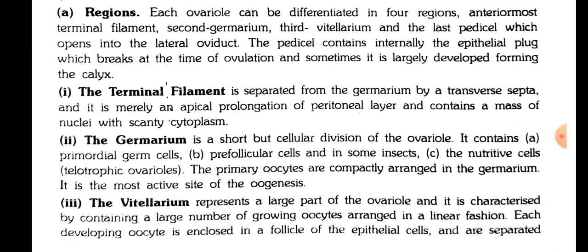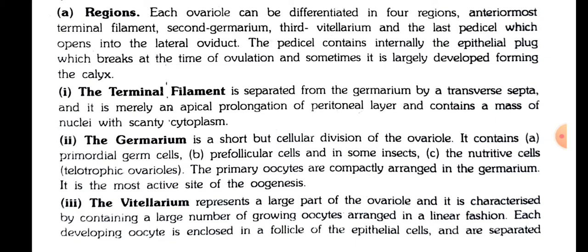The different regions of ovarioles. Each ovariole can be differentiated into four regions: the anterior-most terminal filament, second the germarium, third the vitellarium, and the rest the pedicel, which opens into the lateral oviduct. The pedicel contains internally the epithelial plug, which breaks at the time of ovulation, and sometimes it is largely developed,